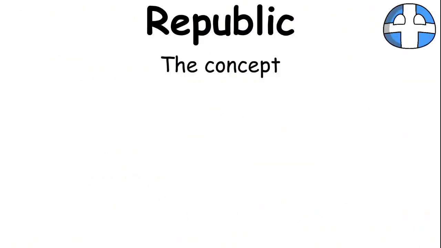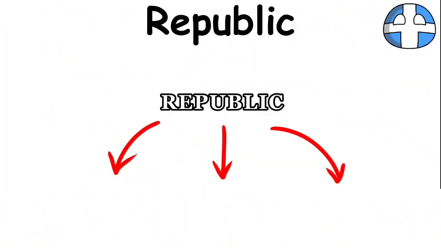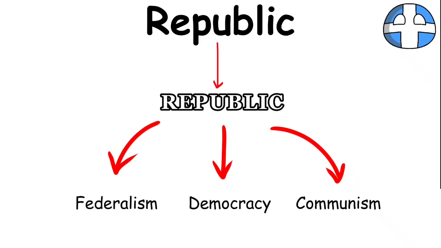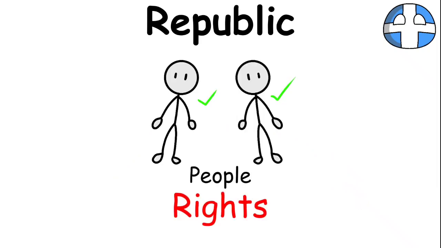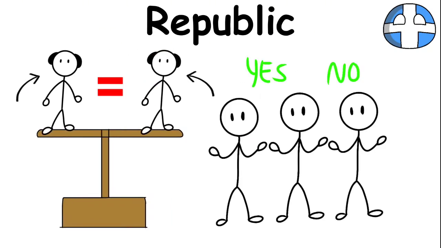Republic. The concept of the republic results from the ancient Greek philosopher Plato's teachings and has become the foundation of many modern forms of government. In a republic, the people have the right to the affairs of the country because it is believed that the state belongs to the people, and everyone in the state has an equal opportunity to take part in the country's